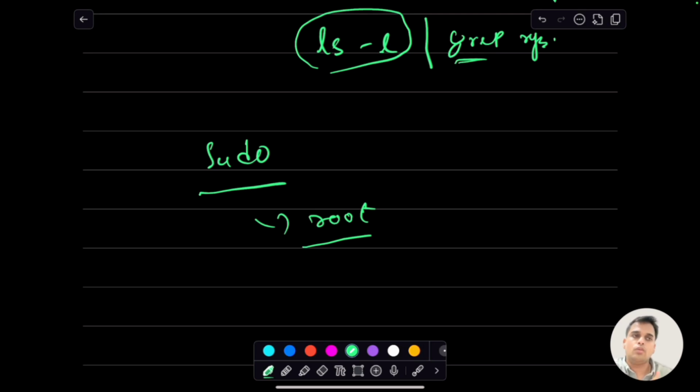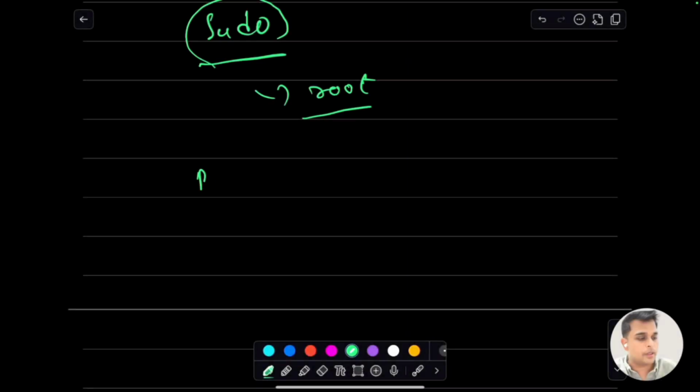So normally any logged in user can perform any of the day-to-day operational commands within the shell prompt or command line. But some tasks require exclusive rights, which can be given using sudo, and that can be done via an access control system. How it is done, we will see in the next sessions, but for your understanding, this is what sudo does. Now moving on, let's do some basic operations